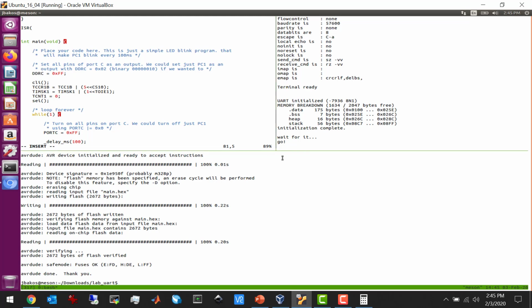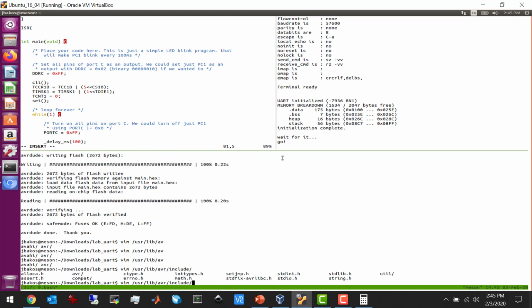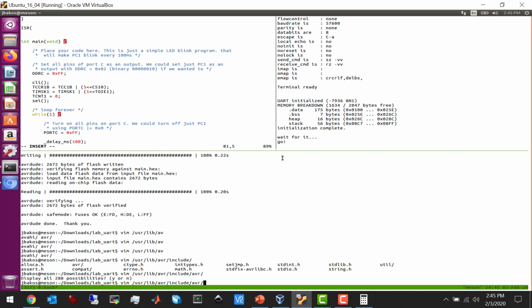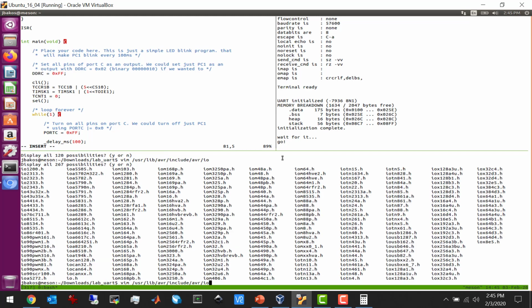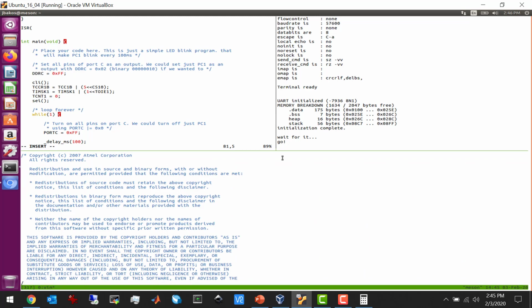So I'm going to look in, it's usr/lib/avr/include/avr, again, redundantly, and then iom328p.h, right? There we go. Okay, and then in here you can just search for _vect,